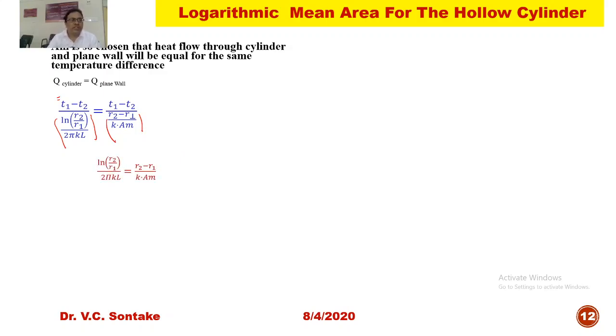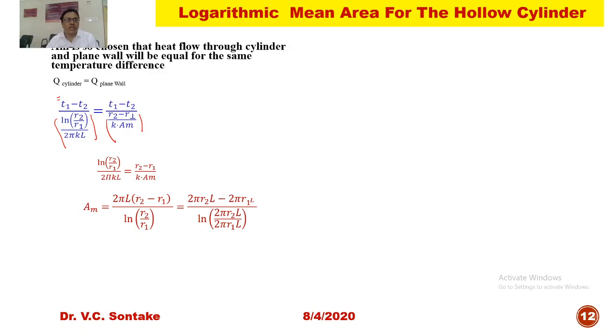After rearranging, log of R2 over R1 over 2 pi KL is equal to R2 minus R1 over K A_m, where A_m is the logarithmic mean area. After further rearrangement, it will give me A_m is equal to 2 pi L into R2 minus R1 over log of R2 over R1. Multiplying 2 pi L with the R2 and R1 will give me 2 pi R2 L